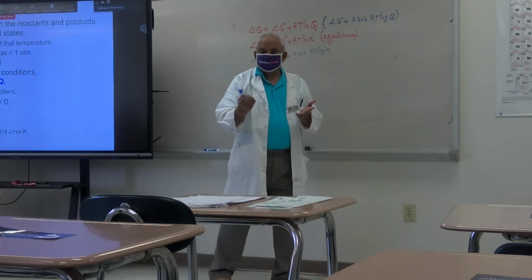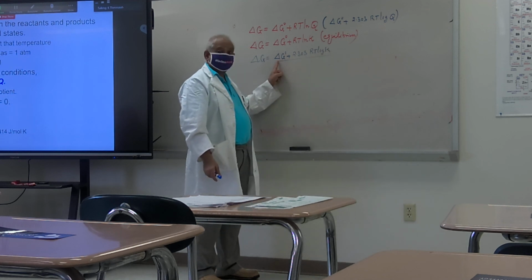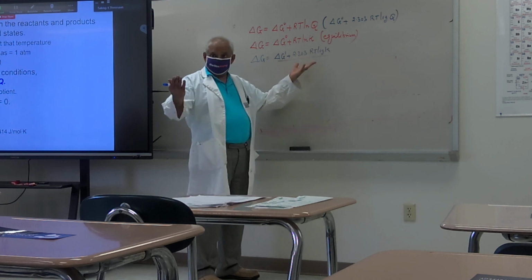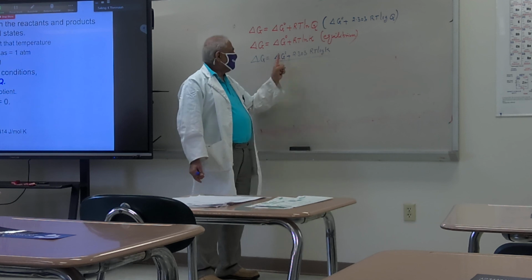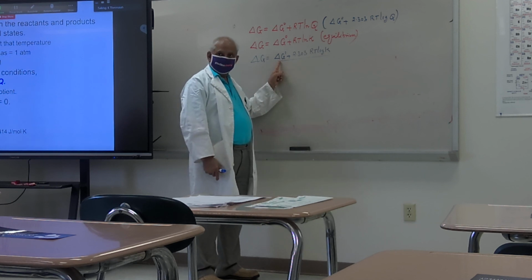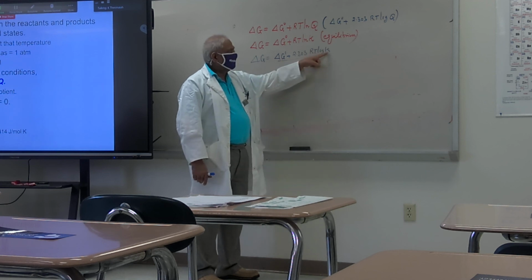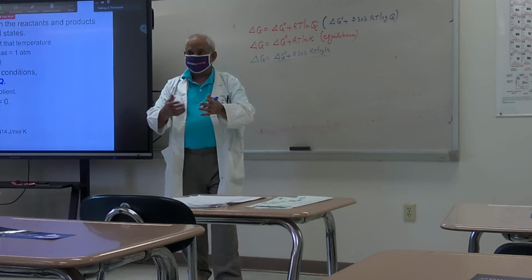Suppose I give you the equilibrium constant. Can you calculate this delta G? Because R is a gas constant, temperature they will give you. R is known, T is known. If I give you K, you can calculate this. Suppose I give you delta G0. Can you calculate K? Correct? Both you can calculate.